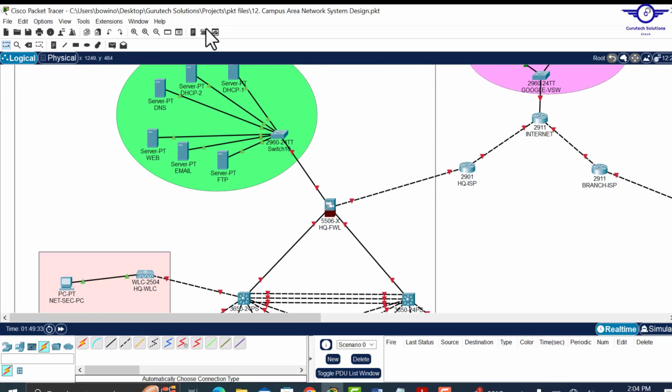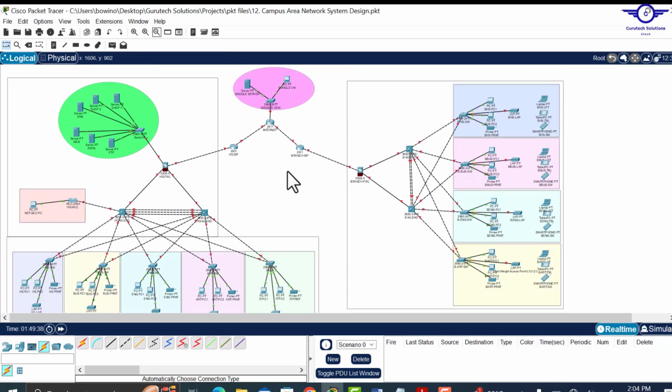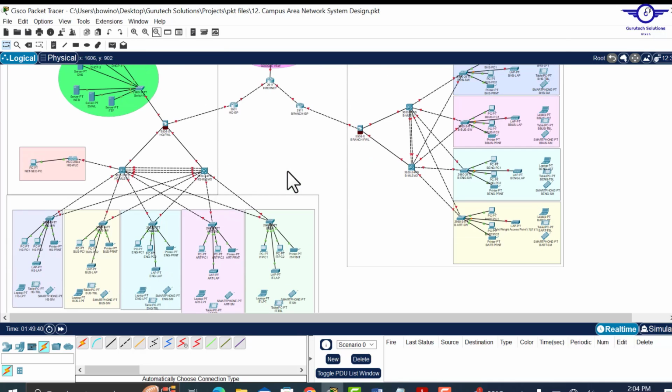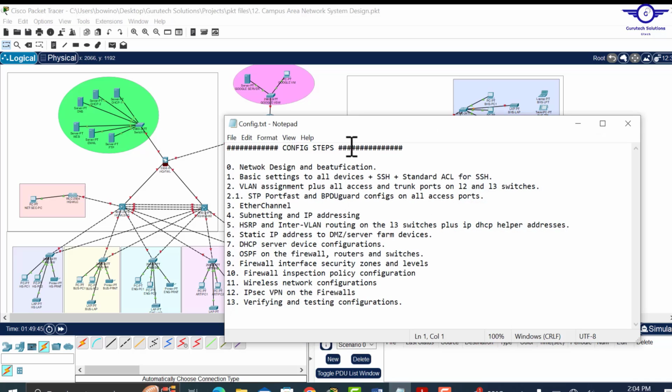Okay, so that's all about the design. And one more thing I'll do about this design is, let me just go back to the config guide and see. So the first step is done, the network design and beautification. So the second step that I'm going to do in this design part